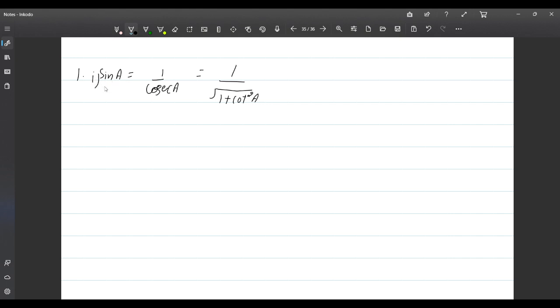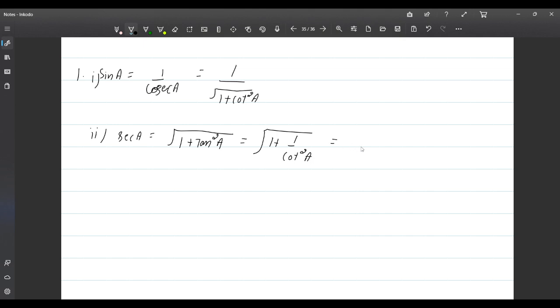sin A को हमने क्या किया, cot के terms में express कर लिया. अब चलते हैं second part पे. अब अपने को ऐसे ही sec को cot में convert करना है. तो sec A is equal to under root 1 plus tan square A. So this is equal to, what is the formula of tan A? 1 upon cot A. So this is equal to under root 1 plus 1 upon cot square A.